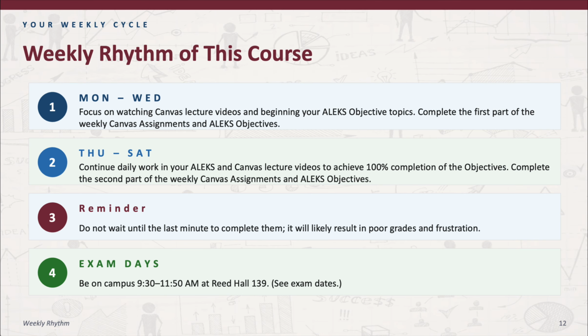And the weekly rhythm of this course, as I said, we're going to cover 2 chapters every week. So Monday through Wednesday, first the 1 chapter, and then Thursday through Saturday, you will cover another chapter. So you're going to see objectives, lecture notes, quiz, and homeworks for one particular chapter due on Wednesday. The second chapter will be due on Saturday. So make sure you do them. And the homeworks are not necessarily all due on Thursday. Some of them might be due Monday, some Tuesday, some Wednesday. So make sure you schedule yourself to do that.